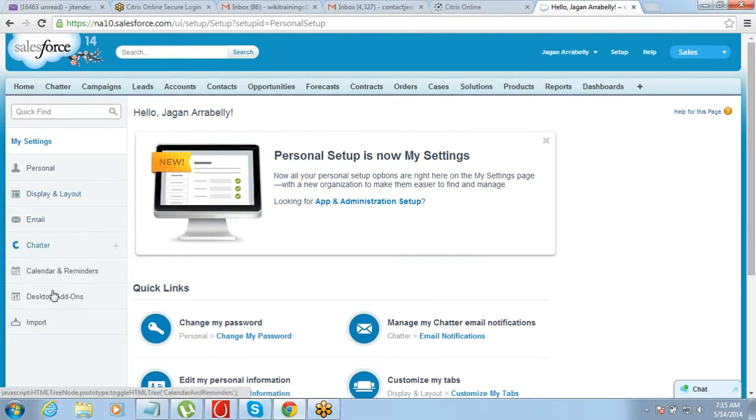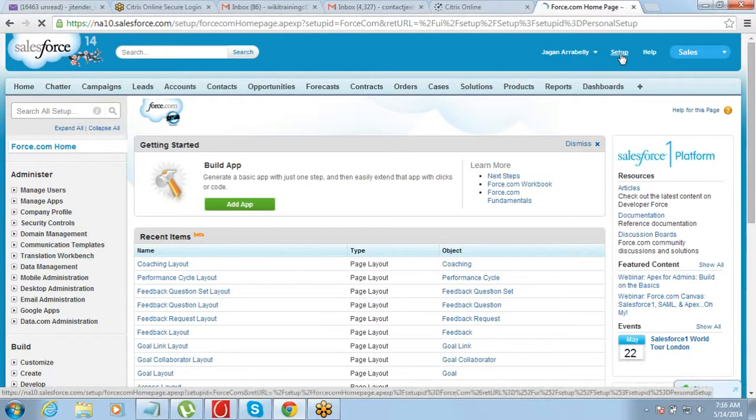In case you want to do any sort of setup, the setup menu includes everything which can be done on this, starting from putting the data into the system, to customizing it, to building new things on it, automation. Whatever you have to do, you do it through setup. So this is the menu, right?